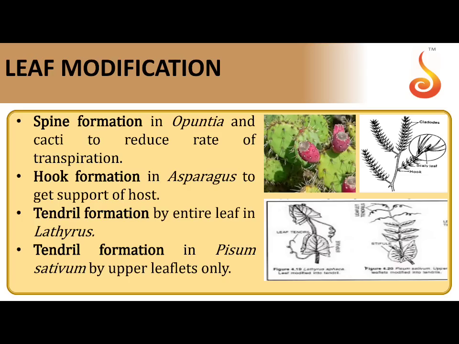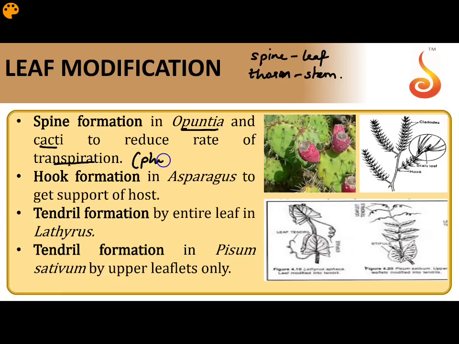Moving on to the next form of modification, it is spine formation. Where do you see spine formation? Again, reminding you back the same point, spine is a modification of leaf, whereas thorn is a modification of stem. So, always remember, whenever we are speaking leaf modification, we will use only one word, that is spine, and not thorn. So, spine formation in Opuntia or in general any cacti is to reduce the rate of transpiration, as these